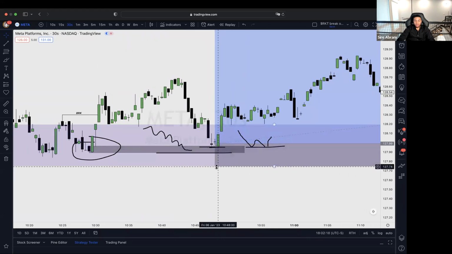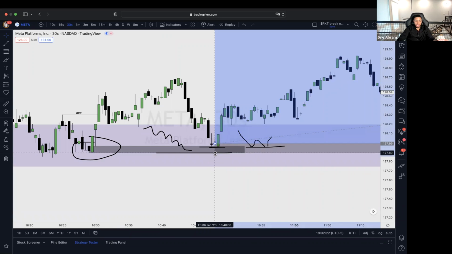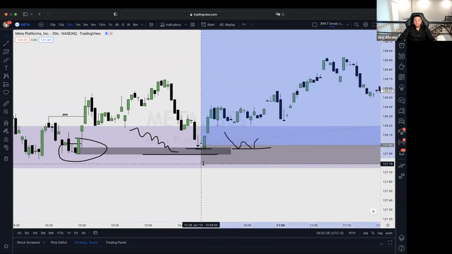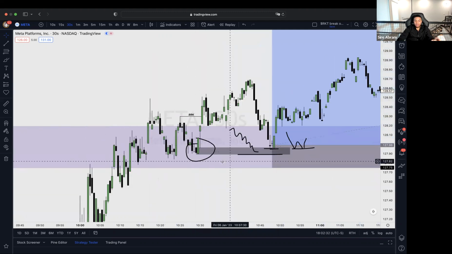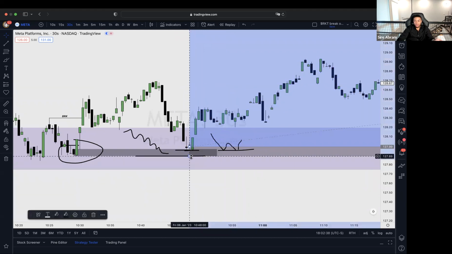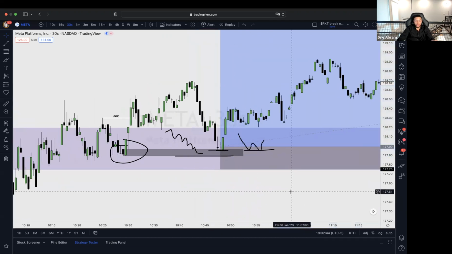In terms of stop loss, you can use the bottom of your area. You can use the bottom of the order block you want. You can use the bottom of whatever zone you want, just depending on how much you want to risk. Now, the reason why I use the bottom of this fair value gap as my stop loss is because dealing with stock options, or just stocks in general, it is very easy to get stopped out if you have a 10-cent stop loss. So we want to give ourselves some room to breathe.